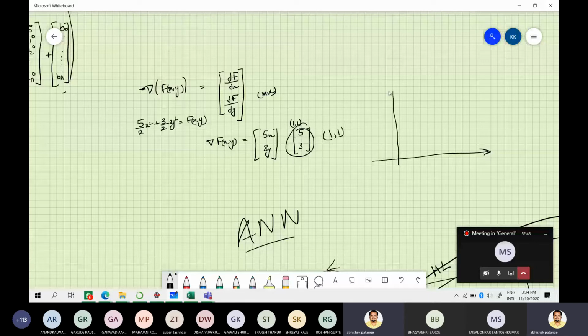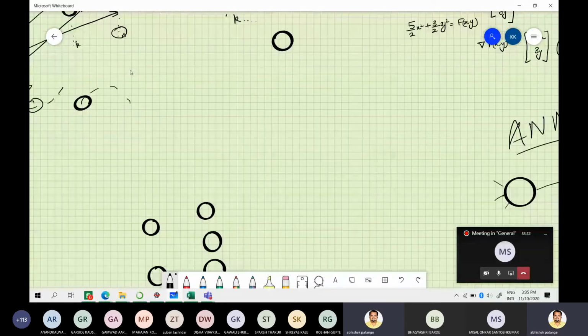So why am I explaining gradient in machine learning or in artificial neural networks? Because a gradient is very important with respect to the cost function. The system takes the cost function of the system, and it takes the gradient of the cost function.